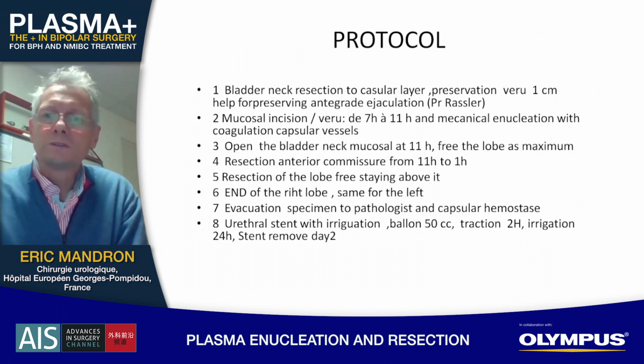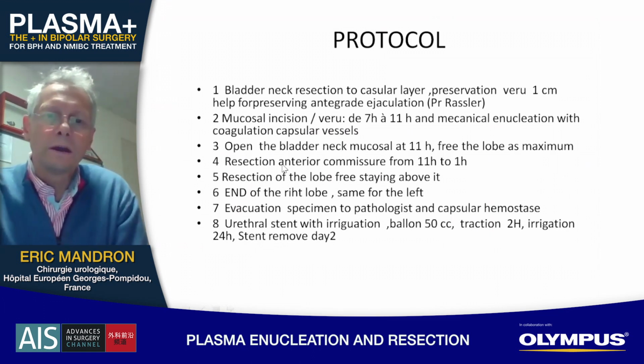The protocol is to start at the level of the bladder neck. We start by the resection to the capsular layer. After, the second step is to do an incision of the mucosa at the level of the verumontanum from 7 o'clock to 11 o'clock, and then to start an enucleation. I will show you some slides, and slowly you can try to do the enucleation until you find the bladder neck mucosa at 11 o'clock. And then you can open the mucosa at this level